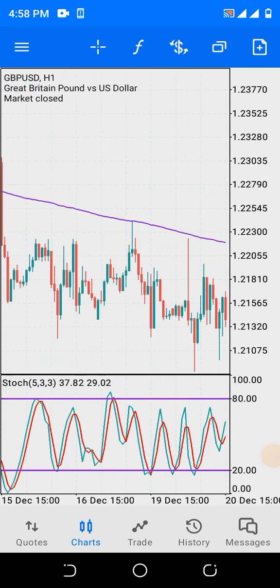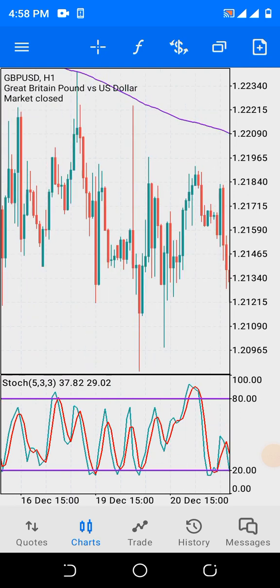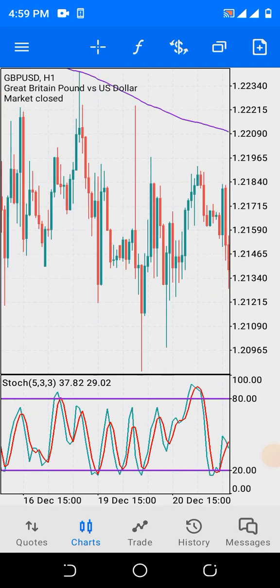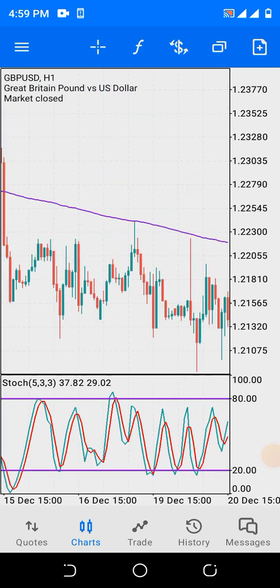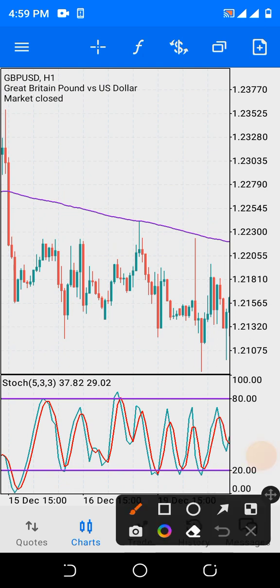In terms of sell, look here, the candlesticks are below the moving average. So we're focusing on sell. The same strategy we use on buying is the same strategy we use while selling. Do you understand? So here it is overbought. Look here, it is overbought here. So our entry should be somewhere here.